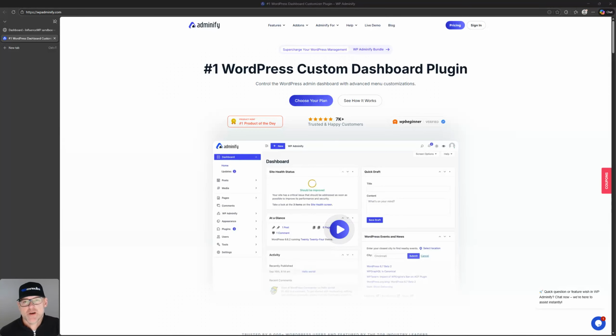In this first look video from InfluenceWP, we are checking out a WordPress plugin called WP Adminify. This is going to allow you to completely transform your WordPress dashboard experience, whether it's performance, security, the visual aspects, or what have you. Before we poke around the website here a bit and look at the actual solution together,